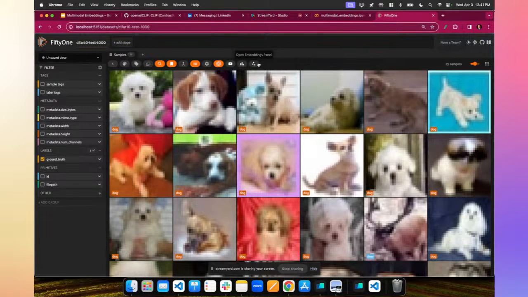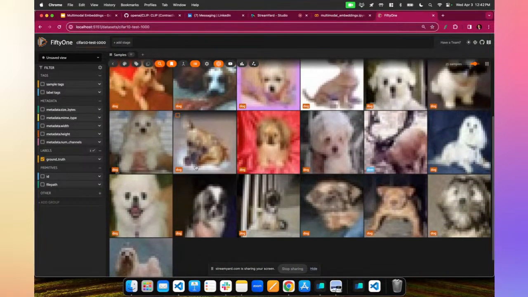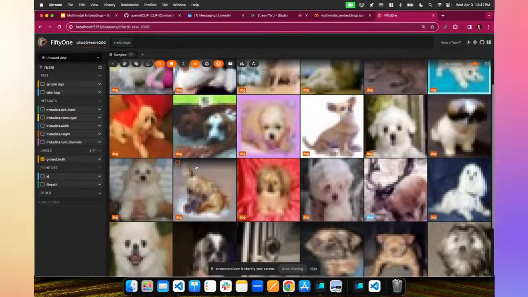So we don't just get dogs in this case. We get what dogs CLIP thinks are the most puppy-ish of the dogs. So again, what it's doing is it is taking our text query, tokenizing the text query, passing that into the text encoder, generating a vector for that text query, and passing that vector into Milvus and querying with a certain K, and we can choose that K, the number of results we want to retrieve, and then associating those with the images and giving us the most similar images based on that.